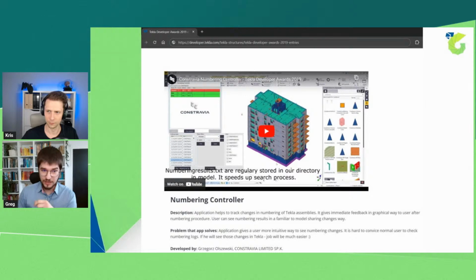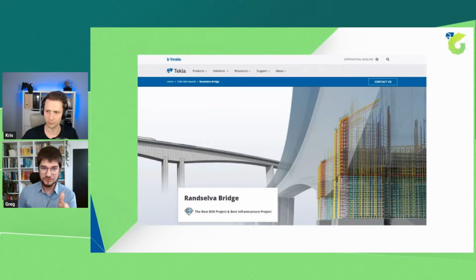So when 1 year later it was the time of the Grand Selva Bridge, it was awarded as the best BIM project. And for me, it was the first time when I heard about the combination of Grasshopper and Tekla. So Chris, big thanks to you and to the whole Speco team that you shared the details, because of course probably it was used before, but here we were able to see more details. Okay, so what is going on, how this link is working, and where you find the best place to use it. But as usual, when you hear of something for the first time, your mind is saying that, yeah, maybe